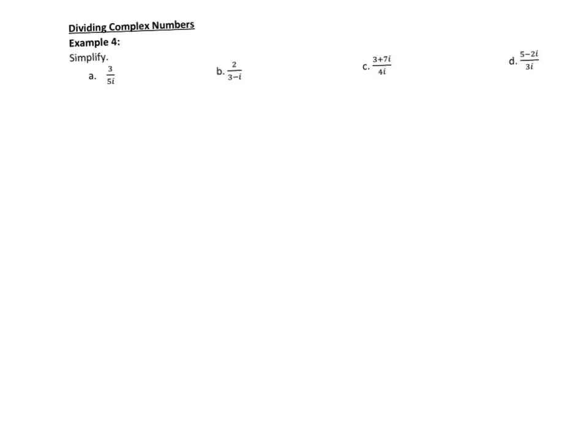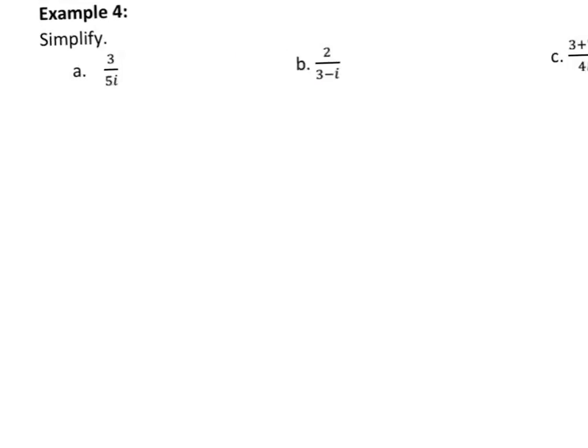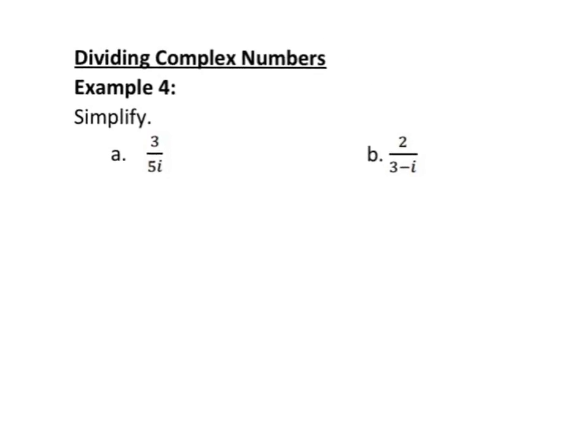Dividing is pretty similar. If you just have a single term, a monomial in the denominator, it's pretty similar to rationalizing the denominator with a radical down there. So this 5i, I know that I need to do something to get that i out of there. What I'm going to do is multiply on top and bottom by i. So across the top, 3 times i is 3i, and across the bottom, 5i times i is 5i squared. I see that i squared, and I get rid of it, and I change the sign. So my final answer here would be